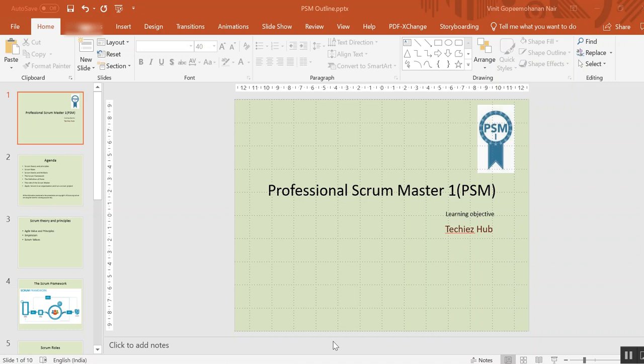So this session is all about the Professional Scrum Master certification. Professional Scrum Master is a certification offered by the organization Scrum.org. It details how we can implement the Scrum framework in our organization, what the different types of Scrum artifacts, Scrum roles and all those things included in this Professional Scrum Master